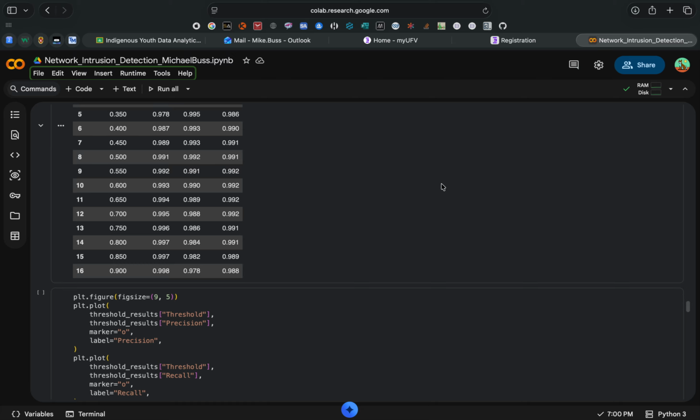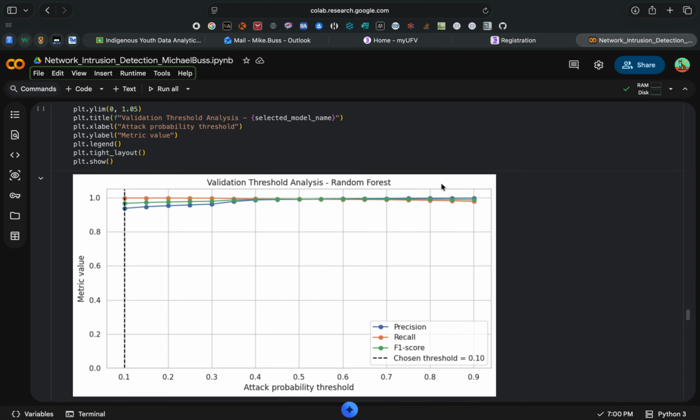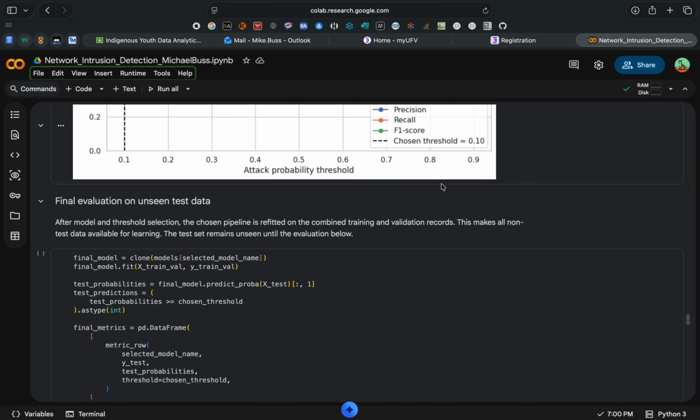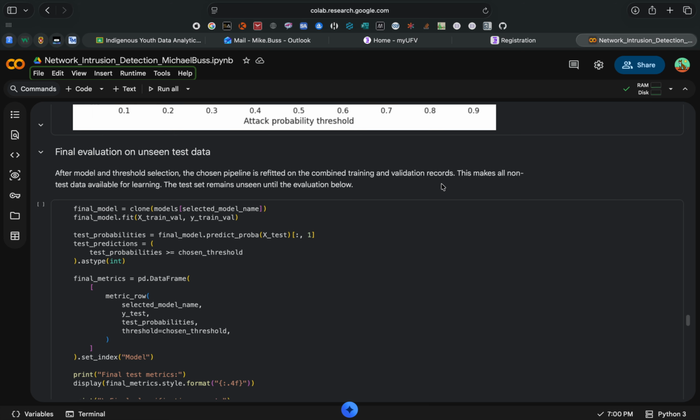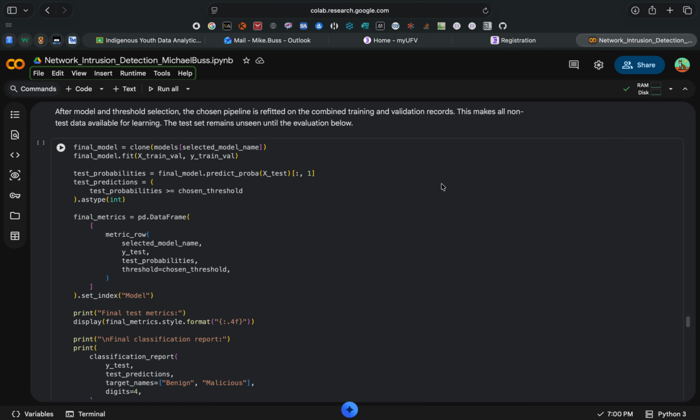Move down to the final test results. I retrain the selected random forest on the combined training and validation data, then evaluate it once on the untouched test set. The final model achieved 98.71% accuracy, 93.77% precision, 99.85% recall, and an F1 score of 96.72%, and an